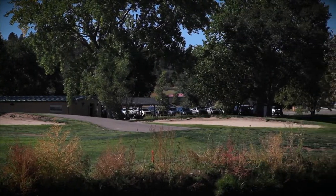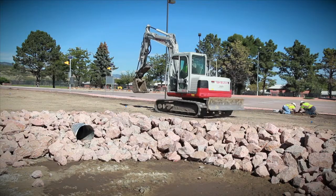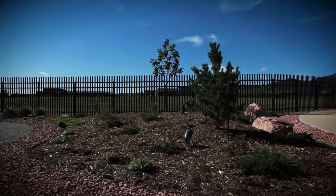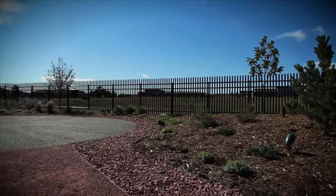Near the Gate 1 entrance to Fort Carson, the area has been redeveloped to include more xeriscaping techniques over the use of irrigated turf. Fort Carson is in an arid climate, which makes turf areas very water intensive and the use of xeriscaping techniques more attractive. While a fair amount of water will be used to establish the area, in the long term water use will